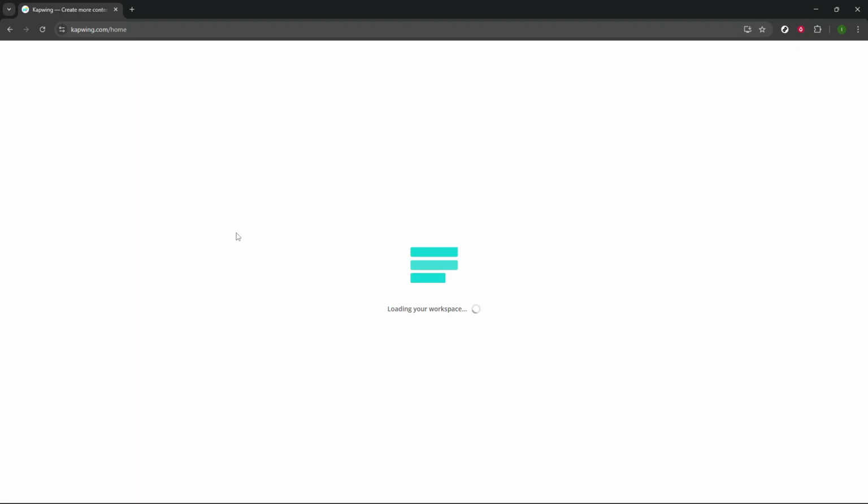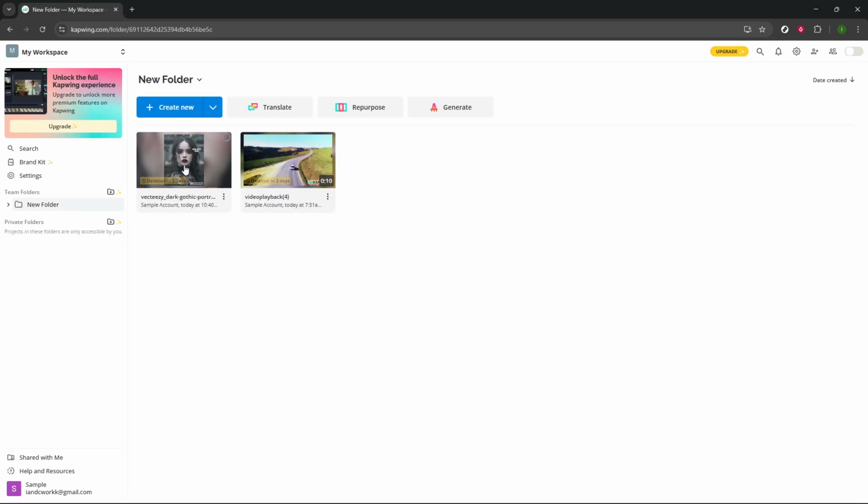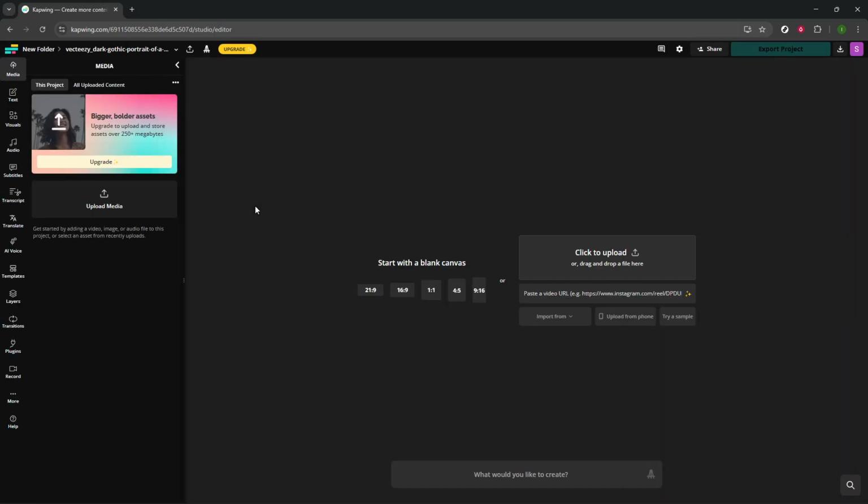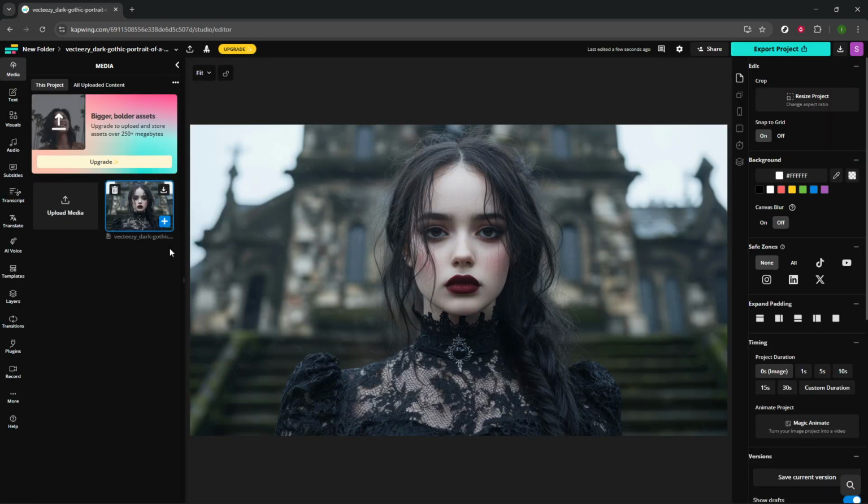From here, you'll want to add the image or video you plan on using for your social media post. Simply drag and drop your media file into the editor window, or use the upload feature to select a file from your device. Next, you'll want to adjust the size of your project to fit the specific social media platform